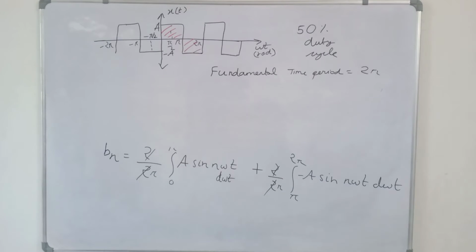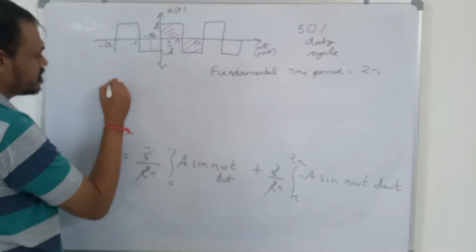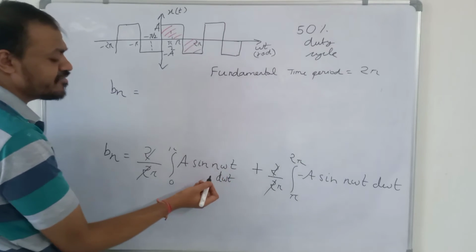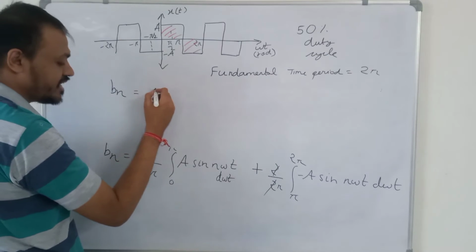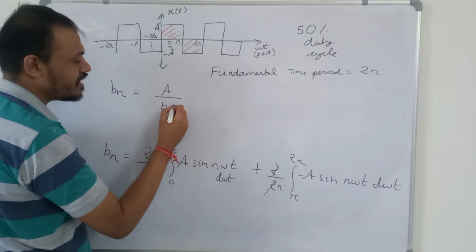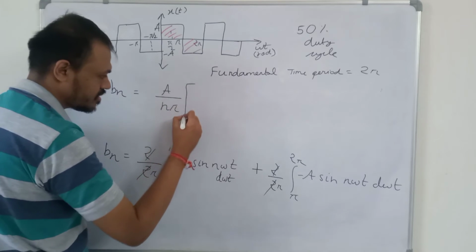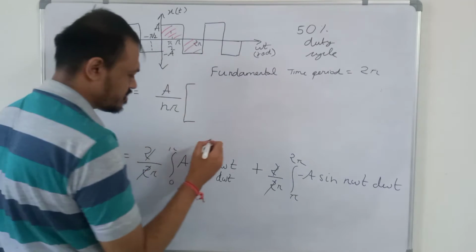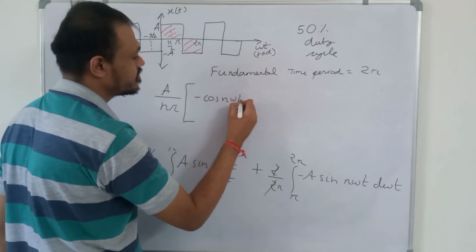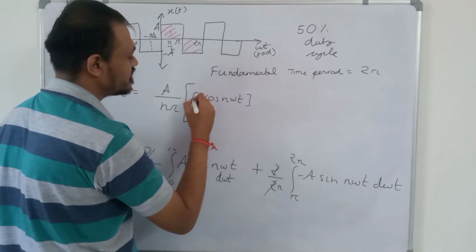So integration of sine is minus cos. So for b n sine of n omega t, if you integrate, then n will come in the denominator. A is constant, so we can take it outside. So a upon n pi, minus cos of n omega t, from 0 to pi,